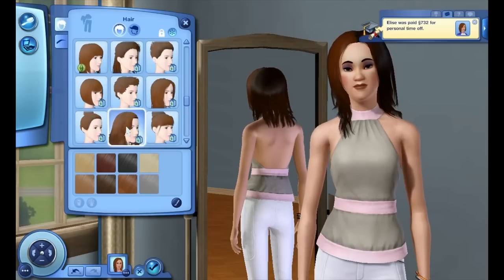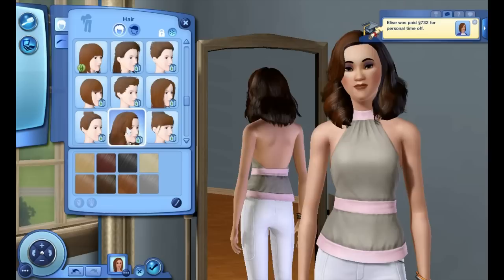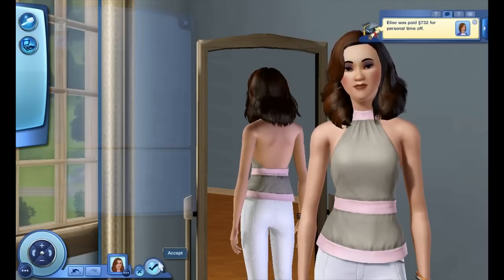Okay, well, let's do that hair, I guess. Yeah, let's go ahead and do that hair. That looks alright, I guess. That one is from the Sims 3 store. Yeah, that one's from the Sims 3 store. So we're going to go ahead and, Elise...